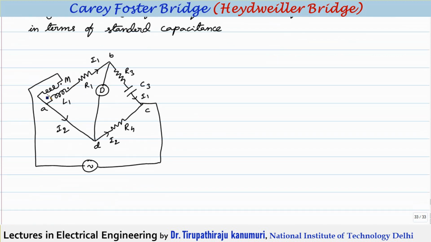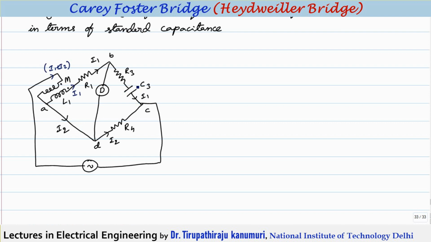So the bridge construction will be like this. There will be a mutual inductor, and M and L will be connected in series opposition. That means if the current is entering the dot of one coil, the current will leave the dot of another coil. Here you can see the current I1 is leaving the dot, whereas in the primary side the current I1 plus I2 is entering the dot. Another thing is that this particular branch is short circuited. There is no element connected here, and here one capacitor is also used.